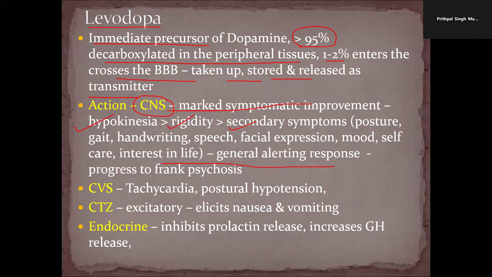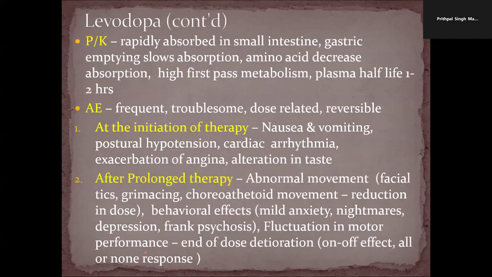And to go to the other extreme, we can also include time cycles. In the cardiovascular system, there is tachycardia and postural hypotension, whereas in the chemoreceptor trigger zone, outside the blood-brain barrier, it usually causes nausea and vomiting. In the endocrine system, obviously, dopamine is a prolactin inhibiting hormone, so there is a prolactin decrease and it increases the release of growth hormone. Talking about the pharmacokinetic parameters of